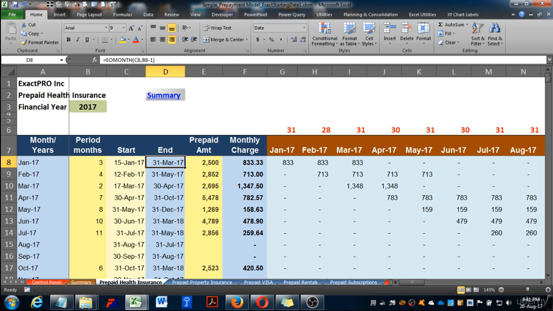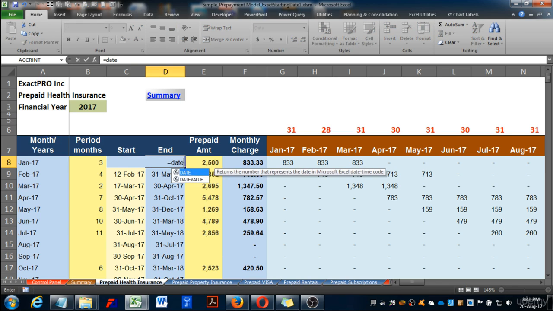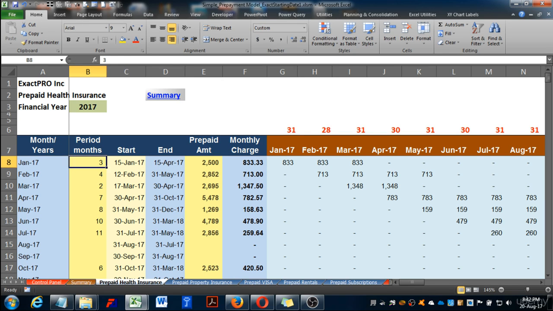Now we have to change this end of the month function. So instead of EOMONTH function, we'll be using the EDATE function. EDATE function is quite similar to the EOMONTH function, but it calculates the exit date by adding the number of months to the start date. So let's try to write that. I'll be writing equal to EDATE, start date would be C8 and number of months, close parenthesis, I press enter, and I got 15 April.